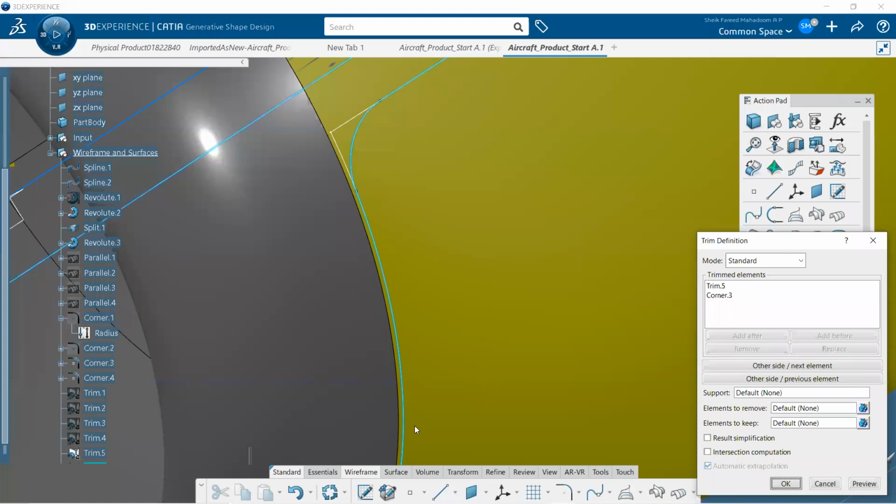Now I have to split. I have to just remove some excess elements on the surface with respect to this curve. You can see in here, after completing the curve, we are going to remove some excess surfaces and make the bottom surface like here.